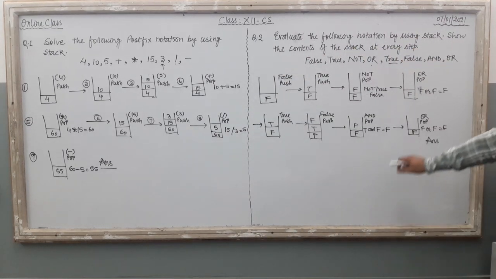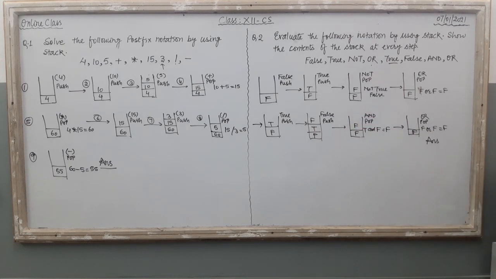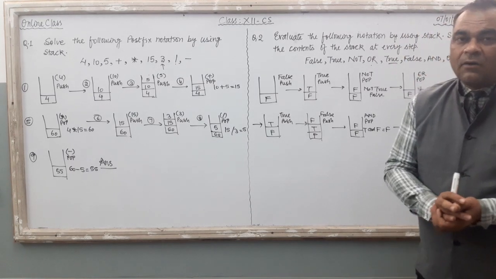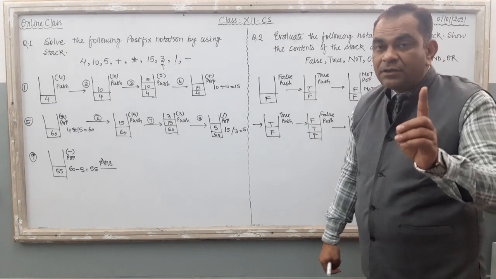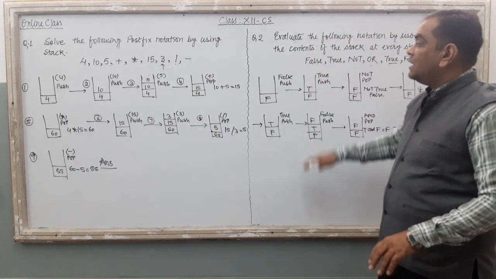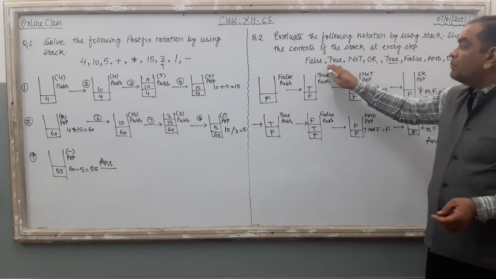Right? Just check these two questions again and take a screenshot first so that you can write these questions into your notebook. Right? These questions are of 2 marks. You may find one question, either related with these digits or related with binary values, or we can say Boolean values.